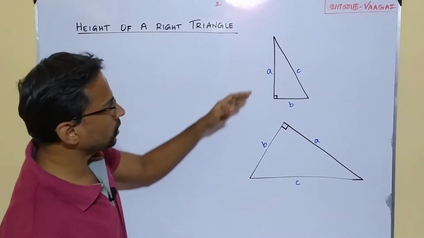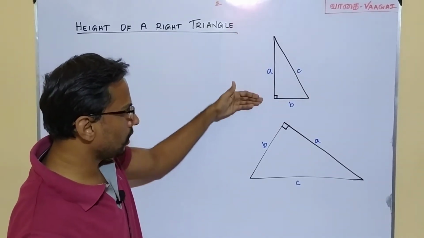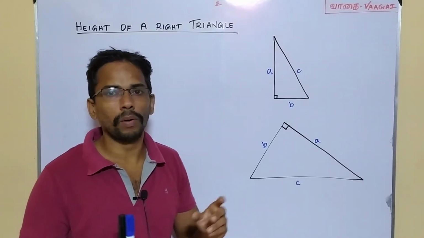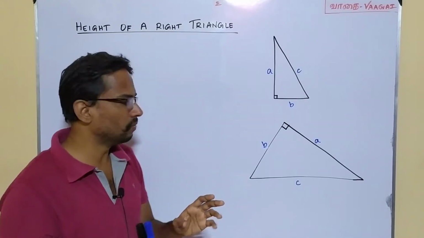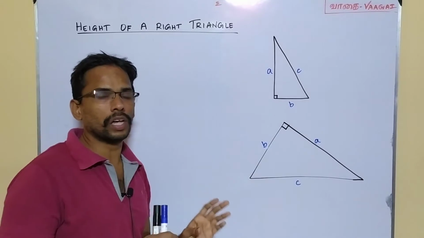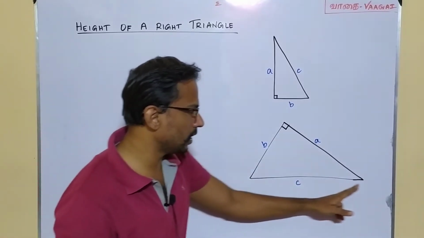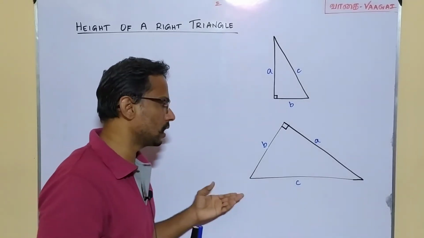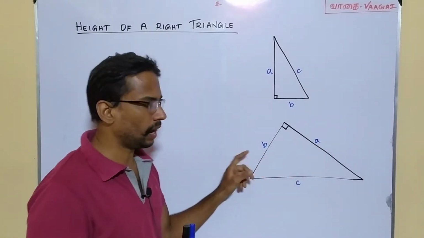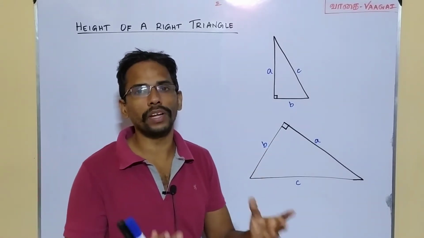Of course, if you see this triangle positioned like this, we can easily say this side A will be acting as the height of this right angle triangle. But what if we have a triangle with a structure something like this? I mean, this same triangle is redrawn in a different way. If you carefully see this, you can see this side C, I mean this hypotenuse, is resting over the base, and you can see the other two sides A and B here and here, and they share this right angle. And for this triangle, how do you find the height?